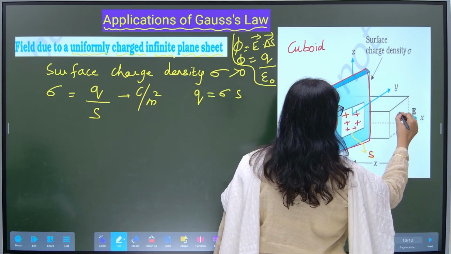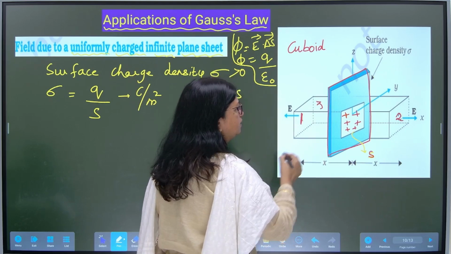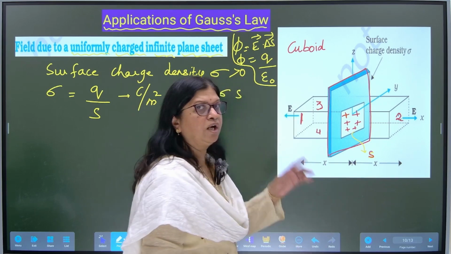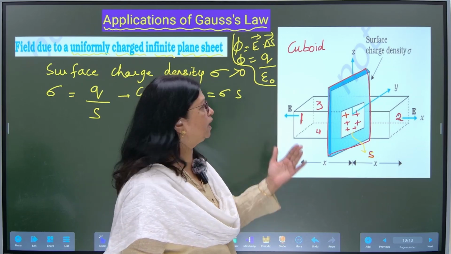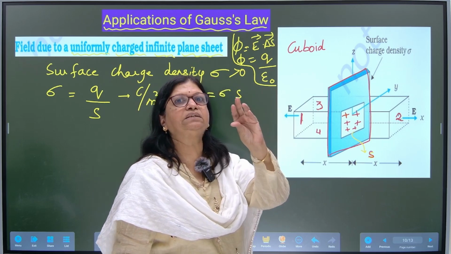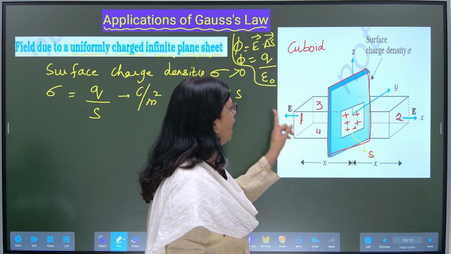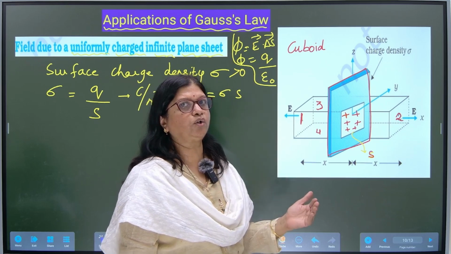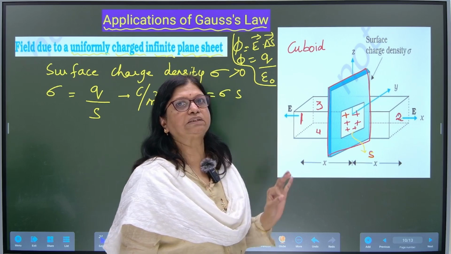This is the surface number 2 for the cuboid we have considered. We can consider this upper portion as the surface number 3, and we can also consider the lower portion as surface number 4 of the cuboid. We can also consider the front portion and the behind portion of the cuboid. Any cuboid has 6 surfaces. We can consider all the surfaces, but we have to aim at where we get the flux, whether it is 0 or non-zero. So one by one let us consider the surfaces of the cuboid where flux is available.